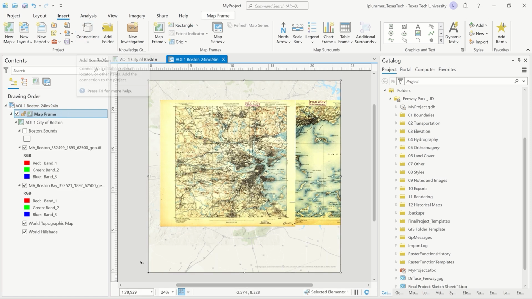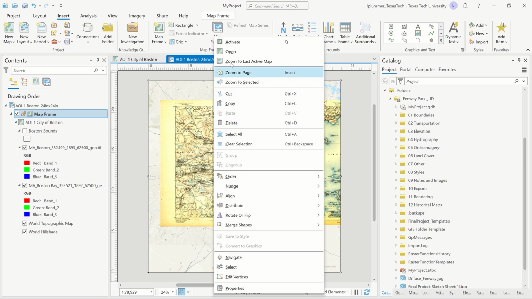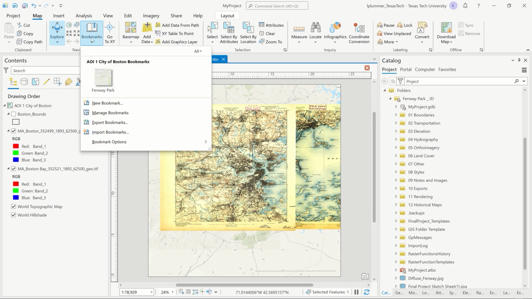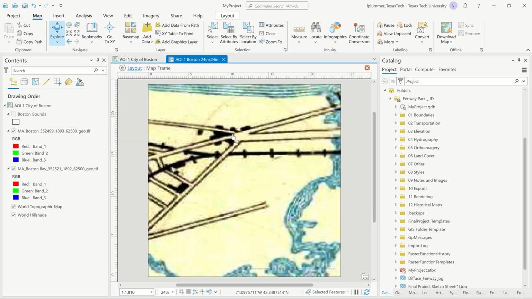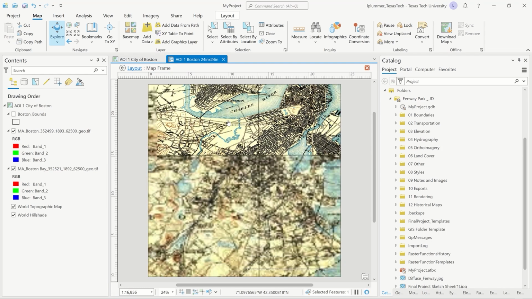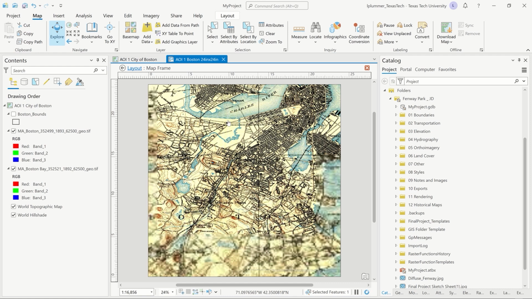And it didn't keep the zoom, but it said it was at 78,000. So what I'm gonna do is come here to my map frame, and I'm gonna right click and go to activate. Okay, and then I'm gonna go to bookmarks, Fenway Park. Okay, now remember, once you activate your map frame, it's like you're in model space. Okay, and then I'm just gonna zoom out and get a nice,